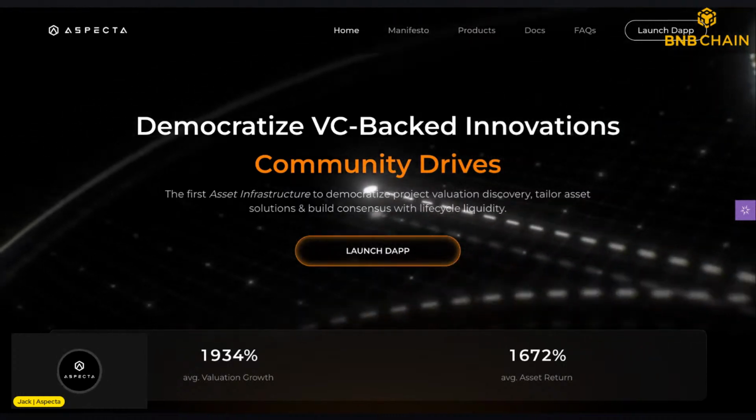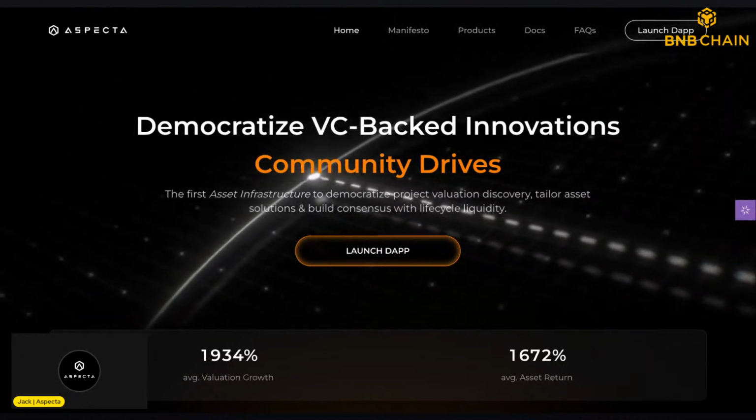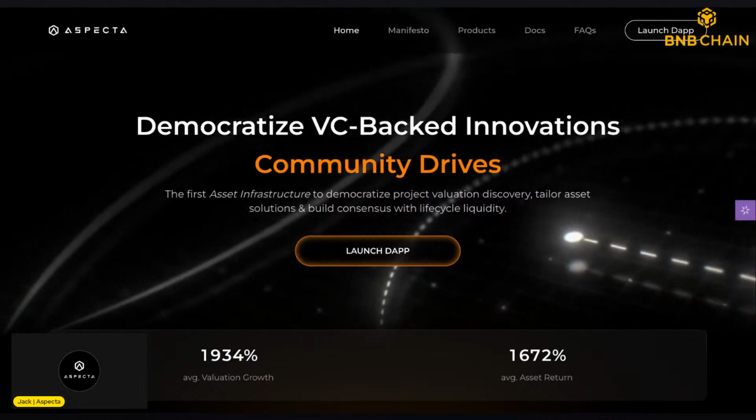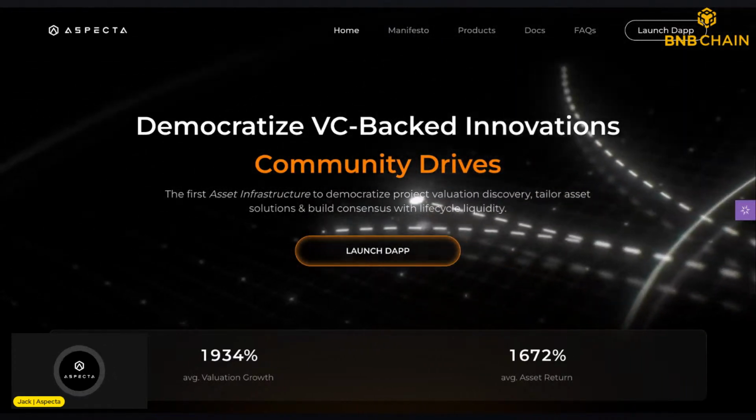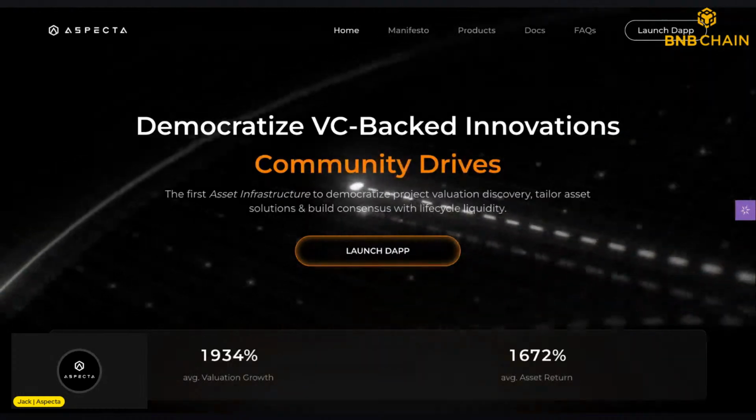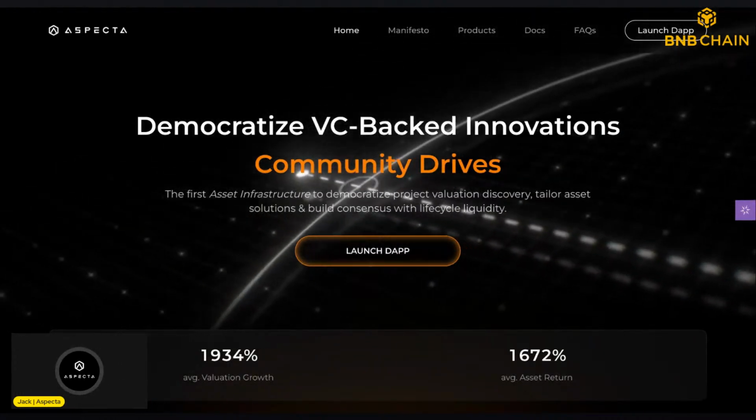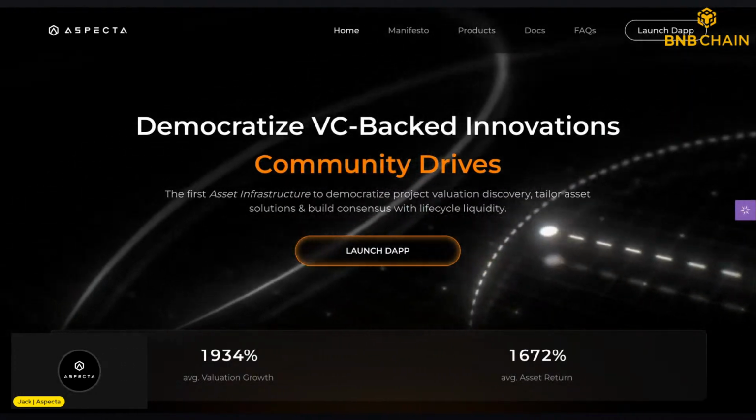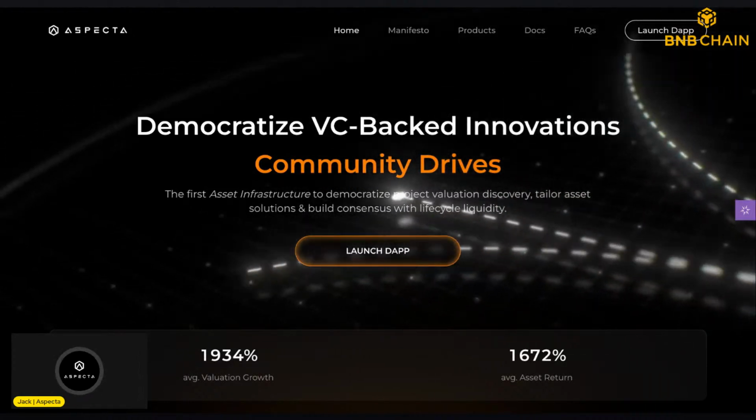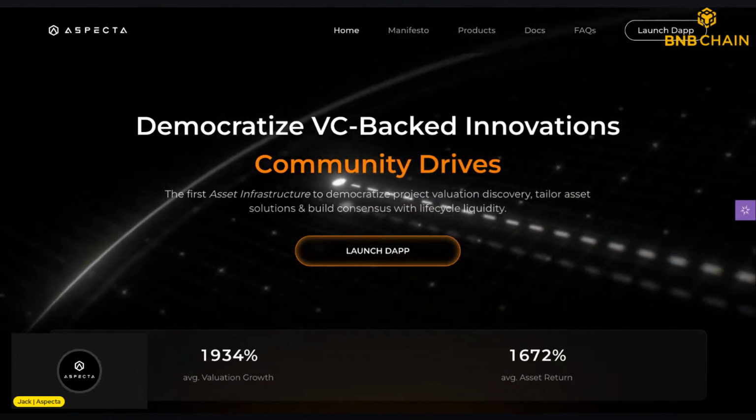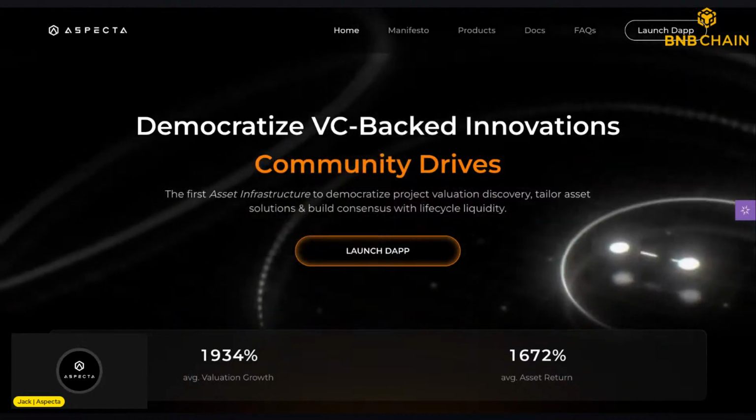Retail users and the community think they are being treated as excess liquidity. This is probably the most fundamental issue of this cycle. So for Aspecta, we want to help these builders and real applications rebuild trust from retail users. I think the first thing is that we have to embrace the community and let the community be part of the